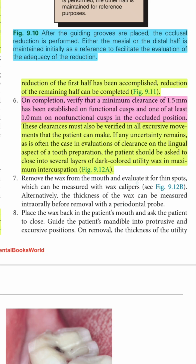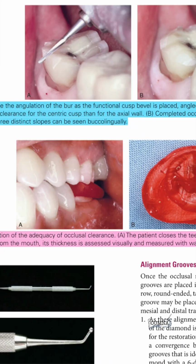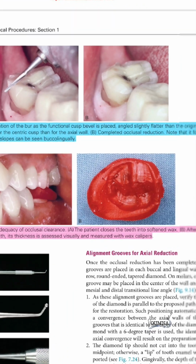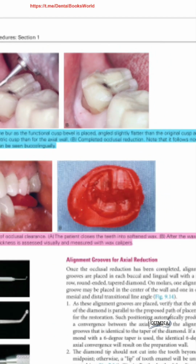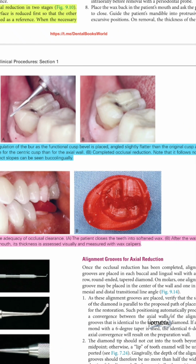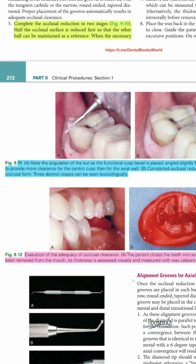After we finish the occlusal reduction, we must verify the clearance of all excursive movements that the patient can make, and so we maintain a space for the building of the restorative material later on. Another way to ensure the adequacy of the occlusal clearance is by making the patient occlude on a softened wax, and then we measure it with a wax caliper